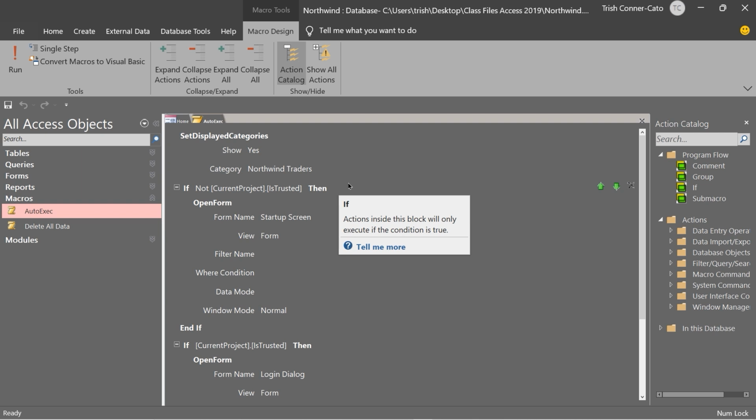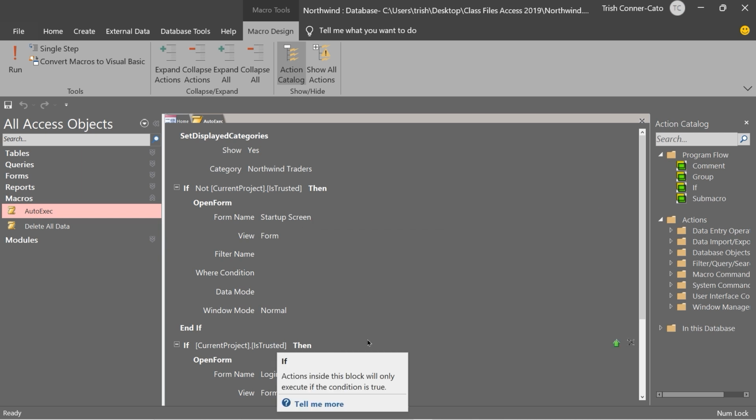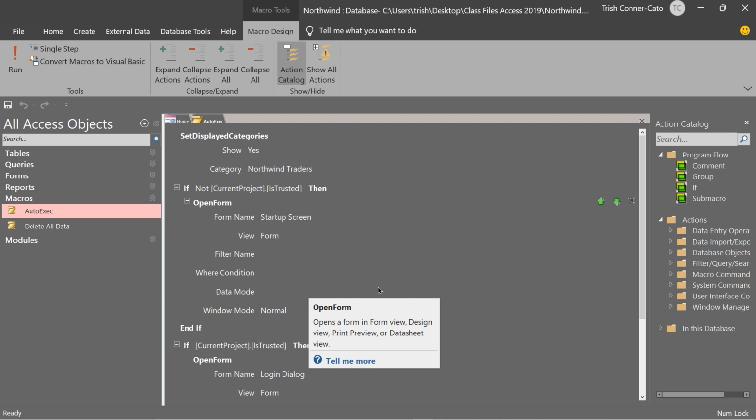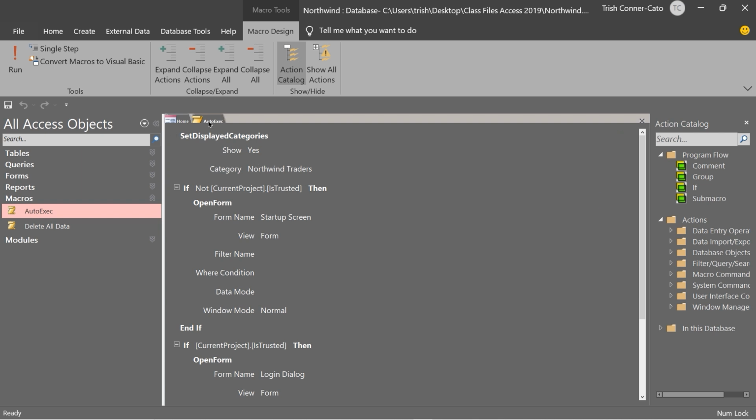If the current project is not trusted, then it opens that form, the startup screen, and that's the form that tells you to enable content. If the current project is trusted, meaning the Northwind database, then it opens the login dialog. And so in our case, it's not trusted. We haven't saved it to a trusted location is what that's talking about. And you'll learn more about that later in the course. Go ahead and close the AutoExec